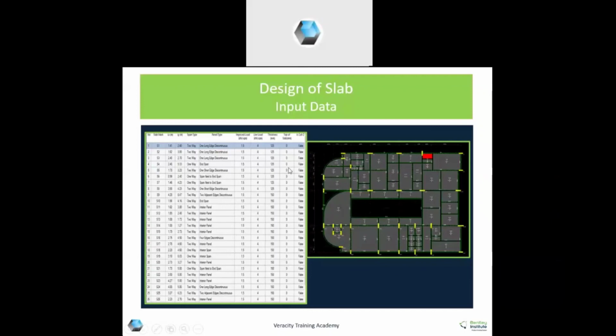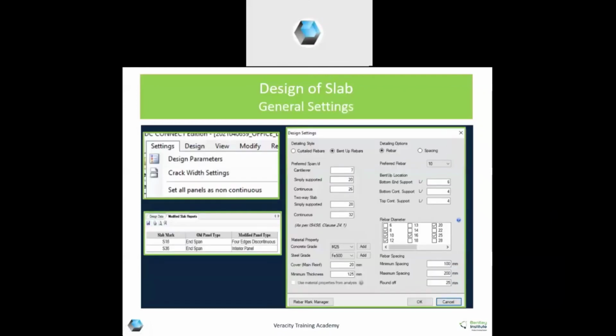Next is top of slab. Here also, if we are having a sunk, you have to specify that sunk in mm, like minus 200, minus 300, or minus 450. Sometimes we may have a raise of slab, that also can be provided. And if we are having a sunk or raise, then automatically the continuity of slabs is affected. Accordingly, you have to check that continuity.